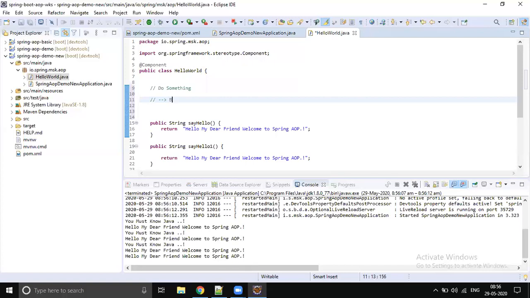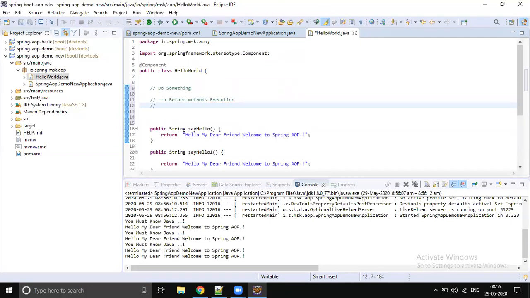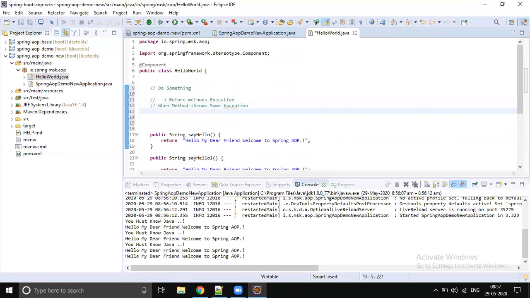One is before method execution, or when a method throws some exception. The exception can be anything, it can be throwable also, including throwable.